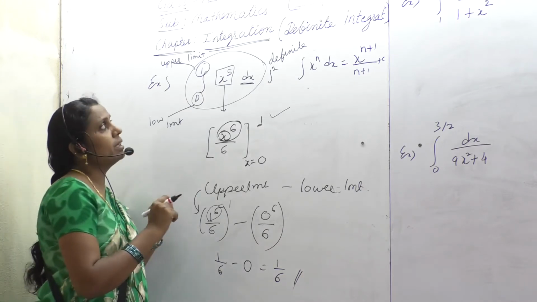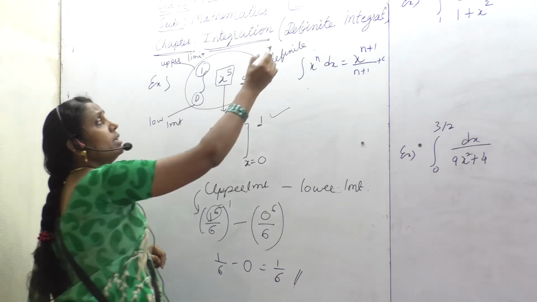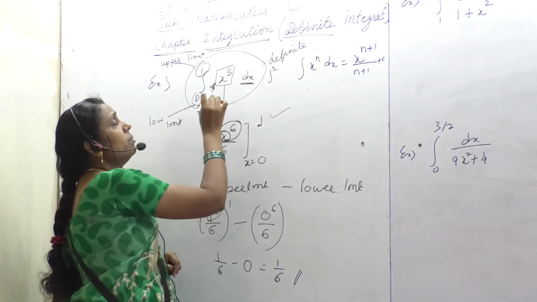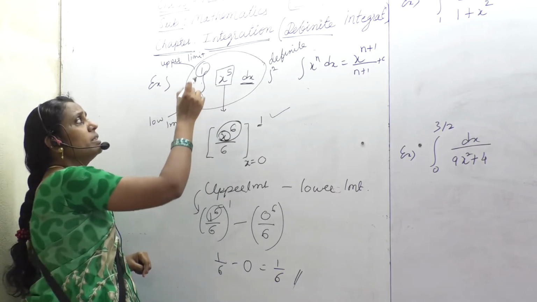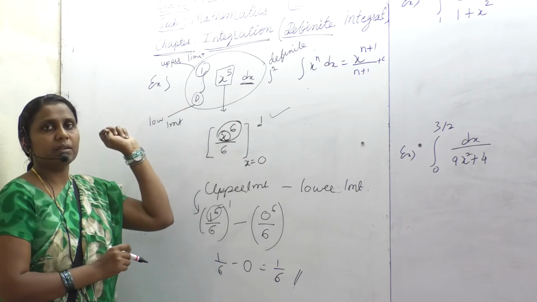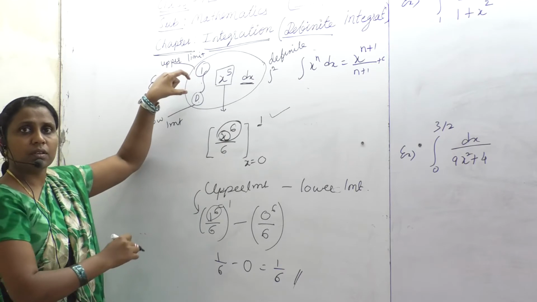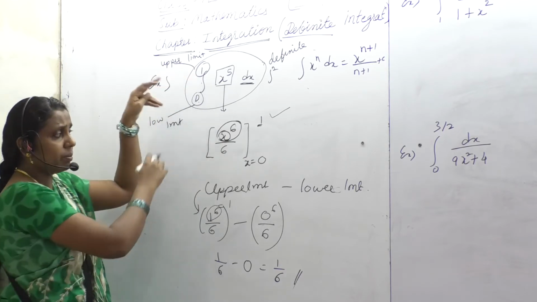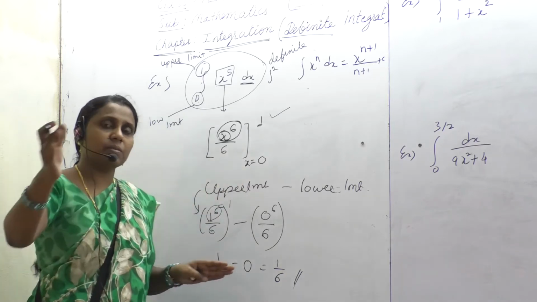This is the very first example. What are we trying here? Definite integration. Definite integration means what? You will be given a function, the integration in which limits are mentioned. Which limits? Lower limit, upper limit. So what you have to do? The simplification with the limits will appear only in the end. Only in the end. That is like extra simplification.